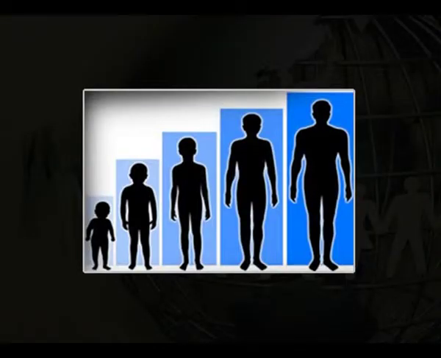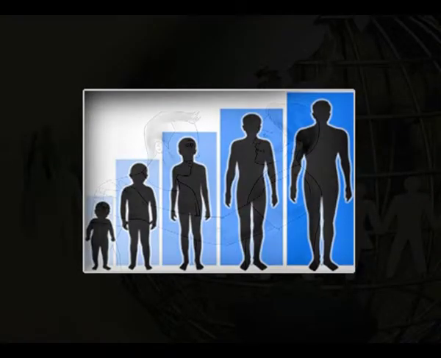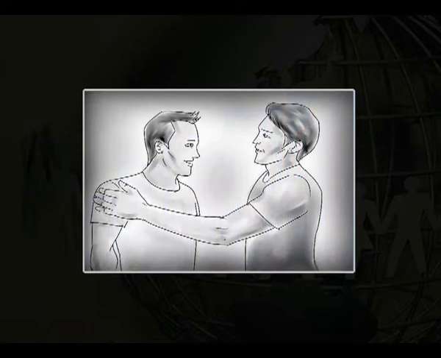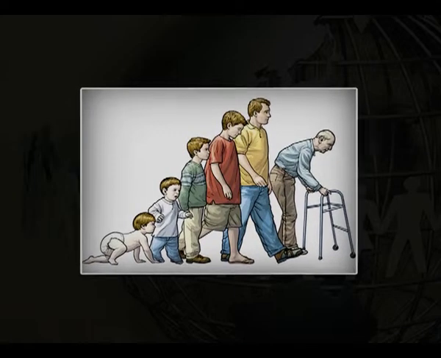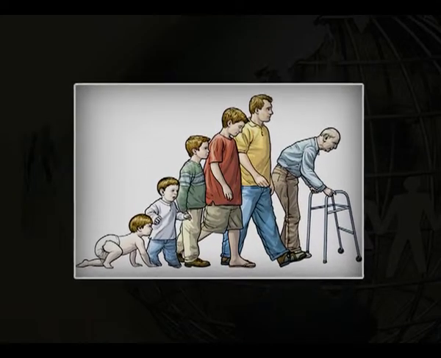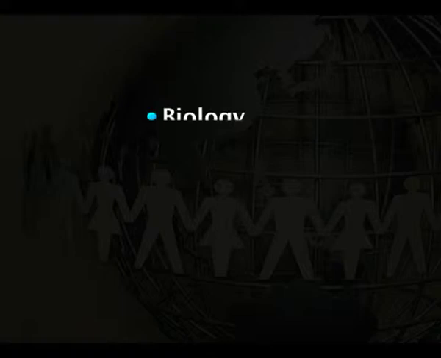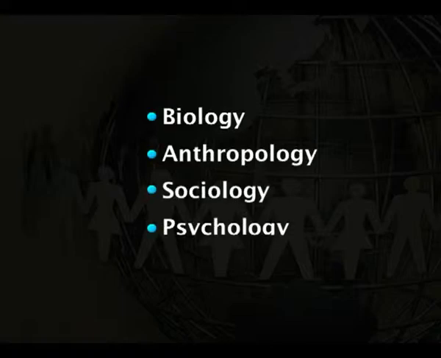of child development. Human development is the change in the structure, thought or behavior of a person as a function of both biological and environmental influences. To understand human development, we must understand the human organism at all ages and stages from the point of view of biology, anthropology, sociology as well as psychology.